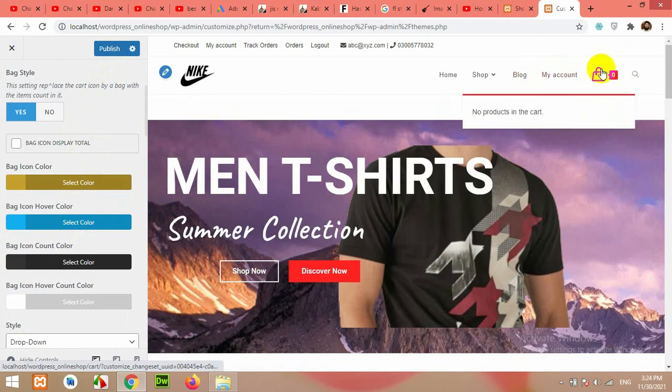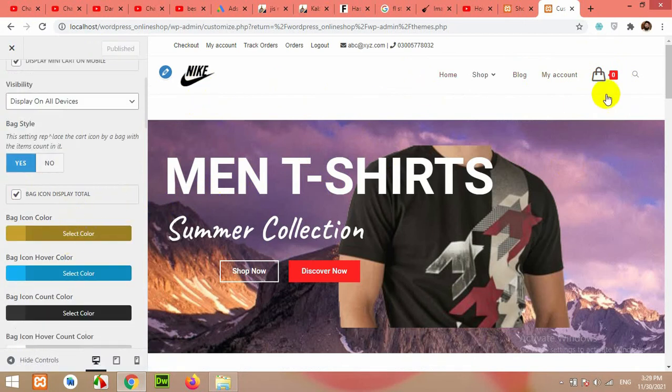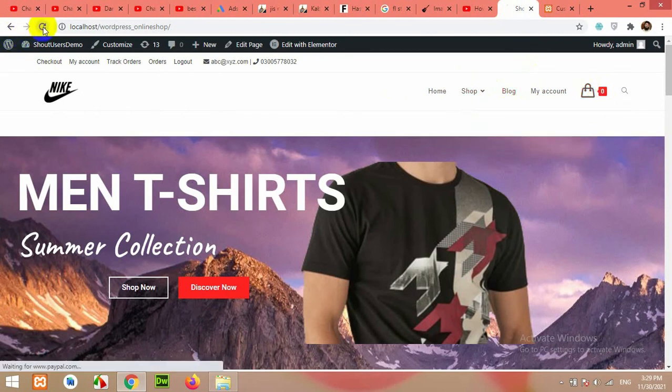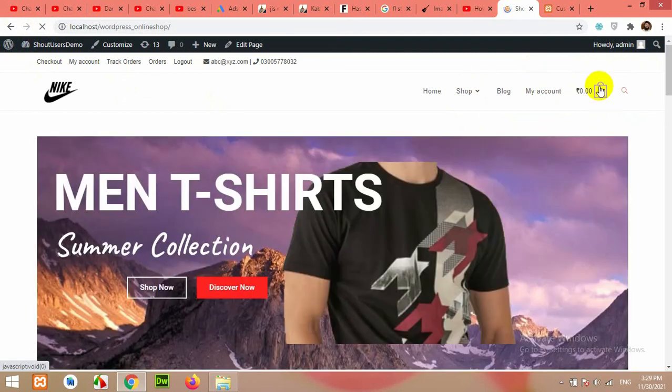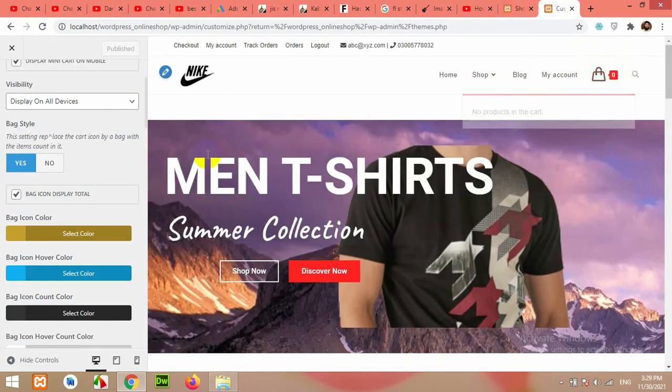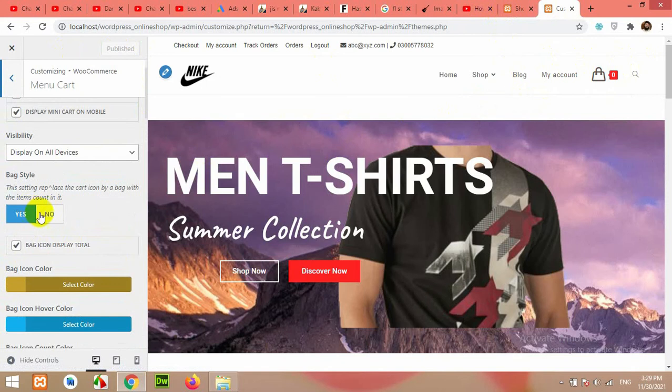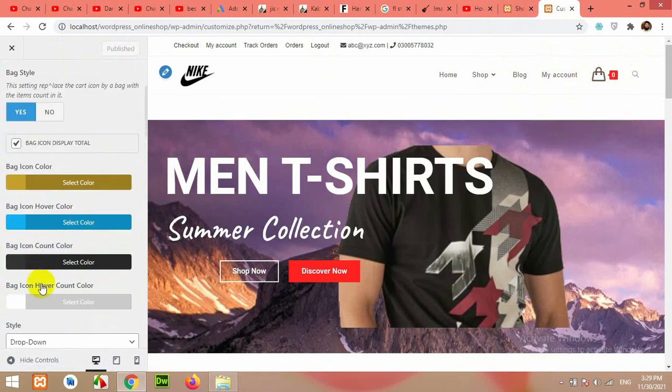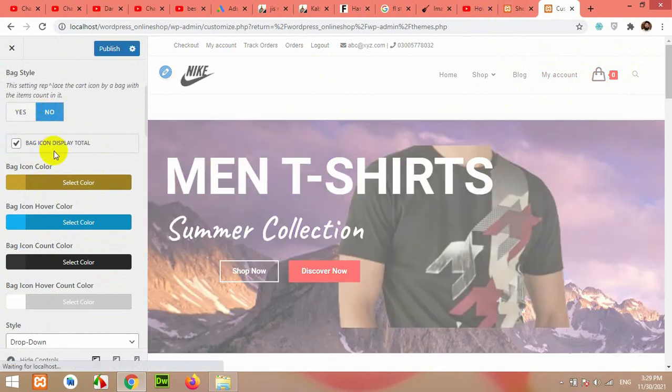Right now I used a custom CSS option, so I have this red type of color. Let me first remove that. Okay, I removed the CSS, but this still looks red because some other settings are overlapping. If you refresh the page, then for some time you will be able to see that brown color which I chose. So here it doesn't matter what it looks like, but when you publish the changes, you will be able to see it on the front end. Similarly, if you do not want to style this shopping cart bag, then click on No, and all these settings for styling will be hidden.